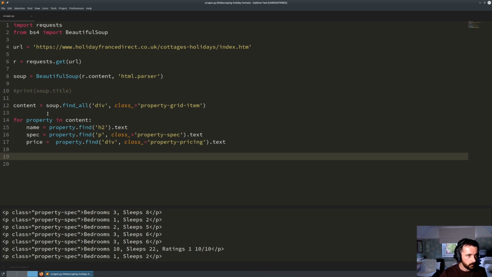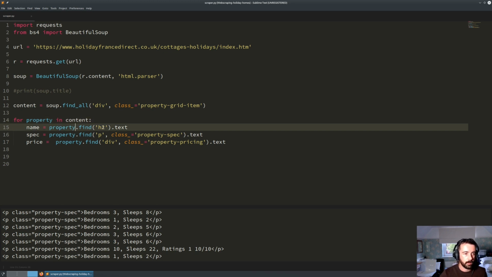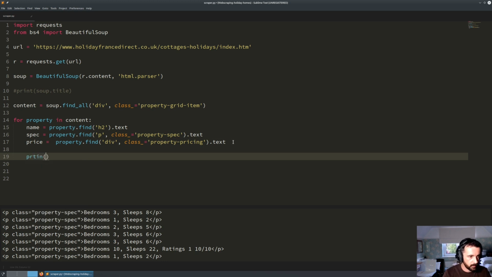And then we were doing a little for loop where we were doing for property, and this is the variable that we were going to save it in, for property in the content, and we were doing find in this variable. If we did find in content, we would get a lot of results back, and we would only get the first one, so we wouldn't actually loop through each of the individual properties. So that's why we have to put our for loop in and do a variable here and then call the find on that. The h2 tag was where we found the name within that, and so on for these three, and we've called the .text, so we just get the actual text from in between those tags out. So what I'm going to do now is print those out in a nice order,